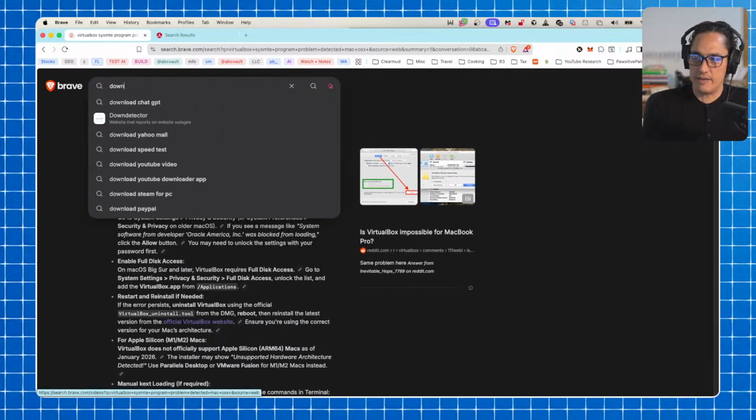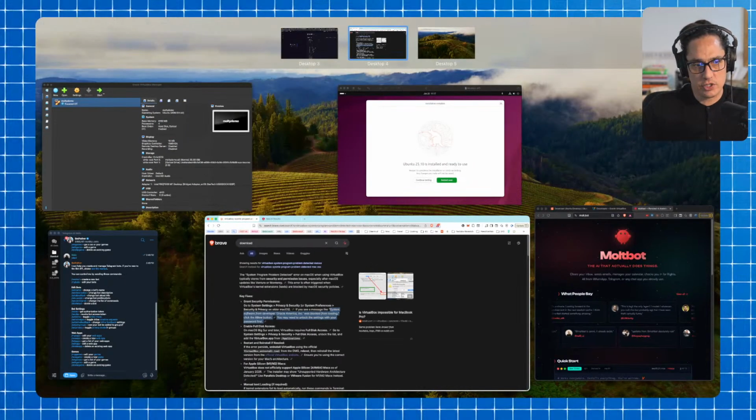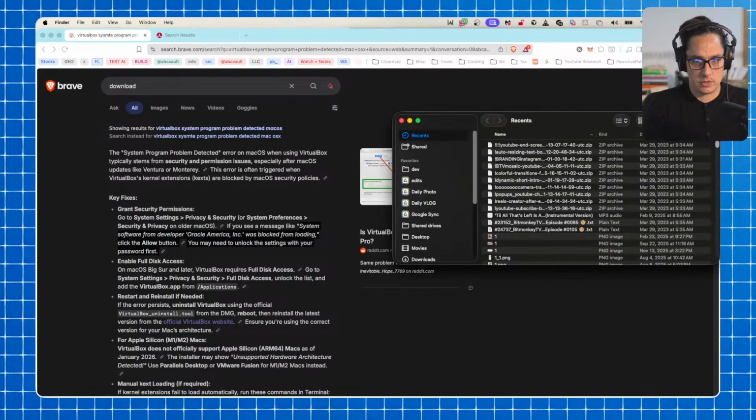Yeah, try giving access to, I would say try this first. Go to System Settings, Privacy and Security, or System Preferences, Security and Privacy on older macOS. If you have an M1, I'm guessing you're updating it, so you should be fine with the first step. And then if you see a message like System software from developer Oracle America was blocked, I believe it usually shows up in Security